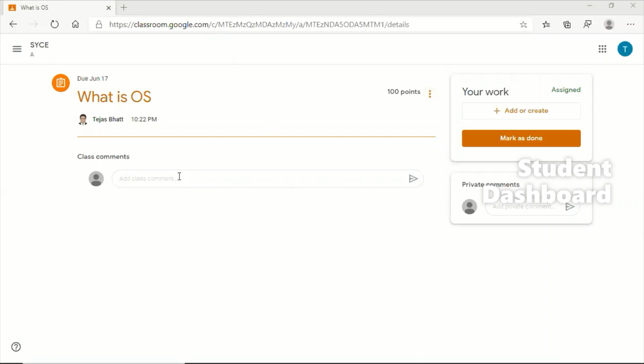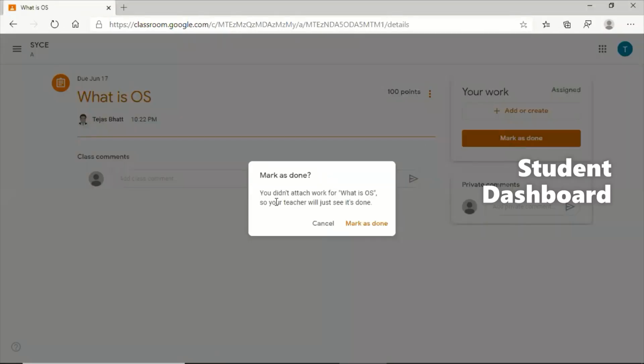If you want to comment, that comment will be shown to the whole class. You can also comment privately to the teacher. Now see here, if you are assigned an assignment, you have to submit it. If by mistake you mark as done, it asks that you didn't attach your work.